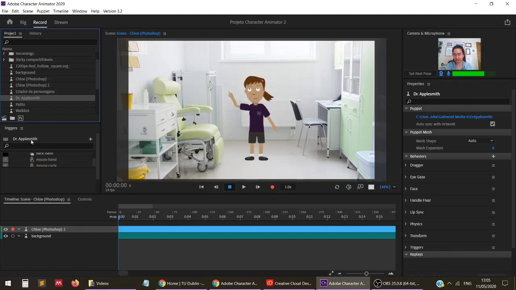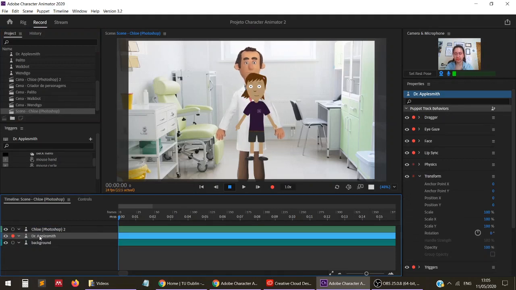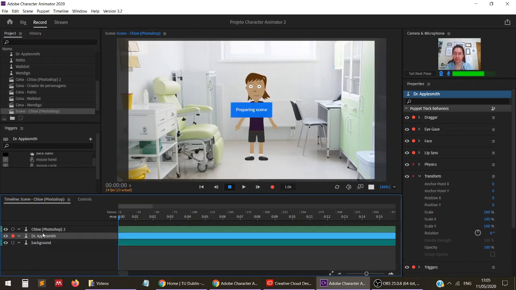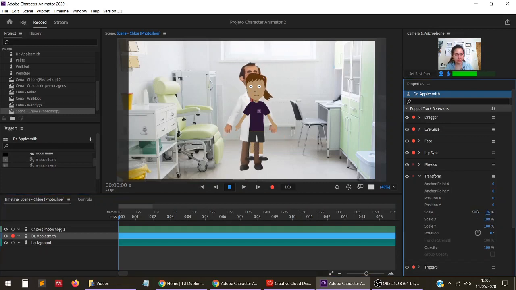So I will bring Dr. Applesmith here. Something that is important here is that you are aware of the order. So if I put Dr. Smith after the background, he's going to be behind the background, so I won't be able to see him. But if I put him here, I can see him, but he is too big and behind Chloe. So again, I'll come to the transform section here, and I'm going to make him smaller, and I'm going to move his position. So I'll put maybe,